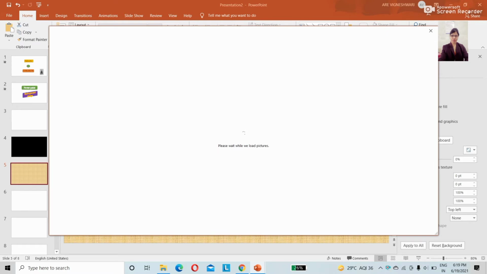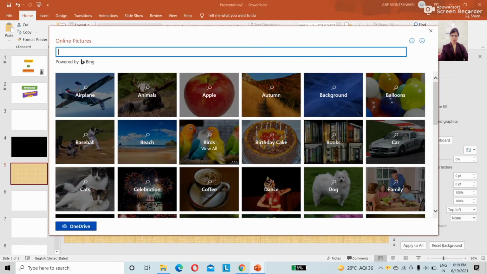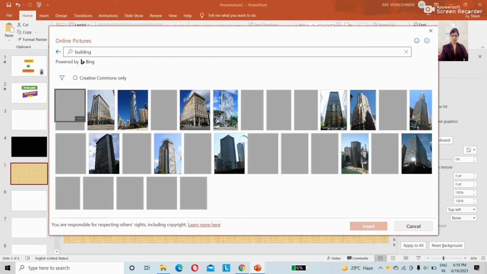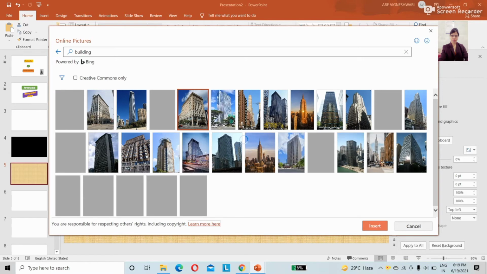It is loading. Take the picture whatever you want. Right now I am taking building. I am selecting a random building.